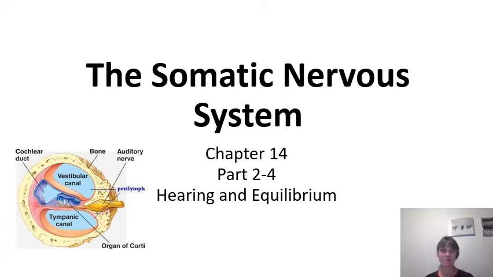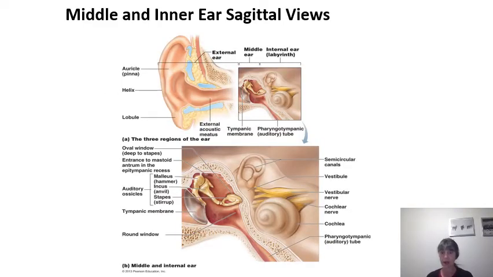This recording is the somatic nervous system, part 2 of 4, hearing and equilibrium. In understanding how hearing works, let's look at the structures of the ear first, beginning with the largest portion of